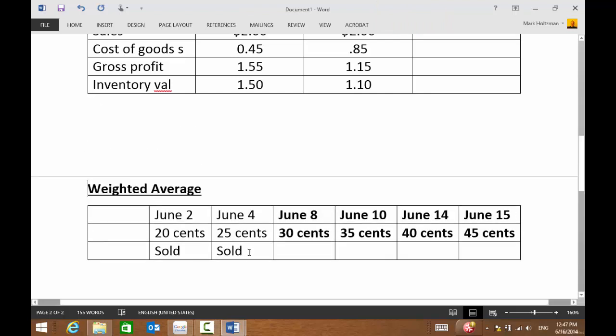For food-wise. Food-wise, yeah, because LIFO leaves the old stuff. For taxes, you would never. Inventory-wise, never. You never use LIFO on your inventory because you don't want inventory sitting around doing nothing. You have to constantly rotate your inventory. So maybe like an antique business, you know. But even that, you're never gonna use LIFO.